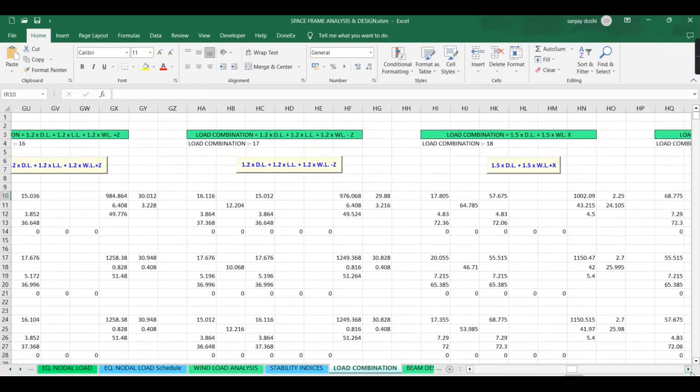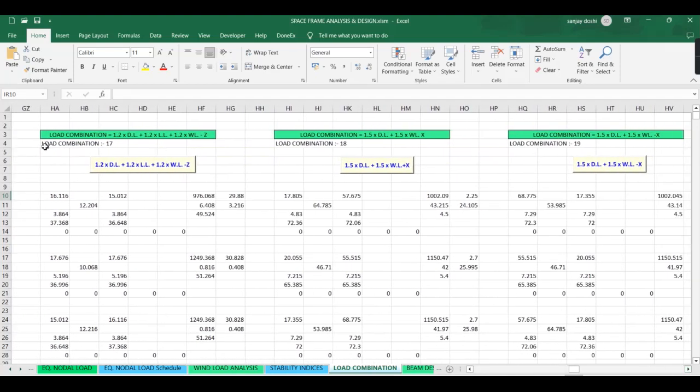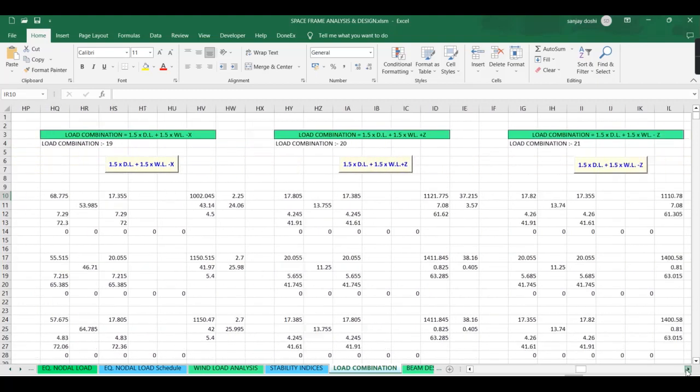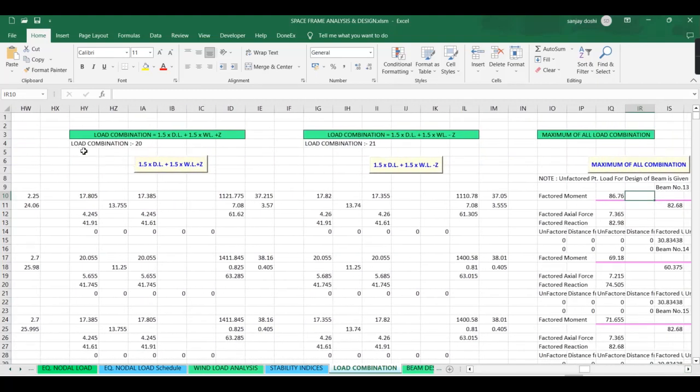28th, click on load combination 17, 1.2 dead load plus 1.2 live load plus 1.2 wind load in -Z direction button. 29th, click on load combination 18, 1.5 dead load plus 1.5 wind load in X direction button. 30th, click on load combination 19, 1.5 dead load plus 1.5 wind load in -X direction button. 31st, click on load combination 20,